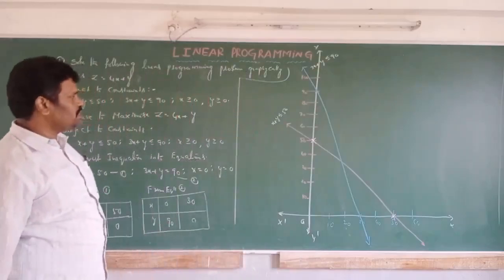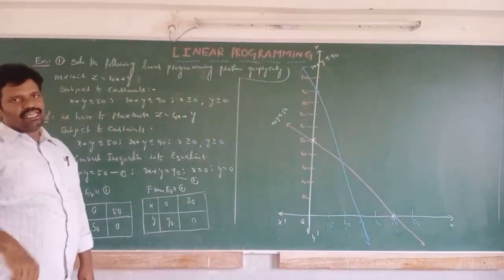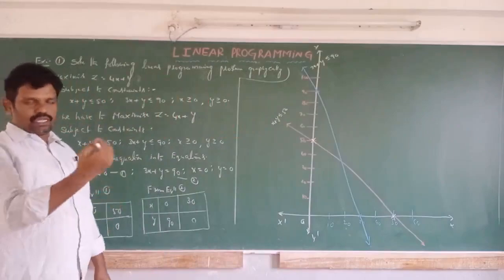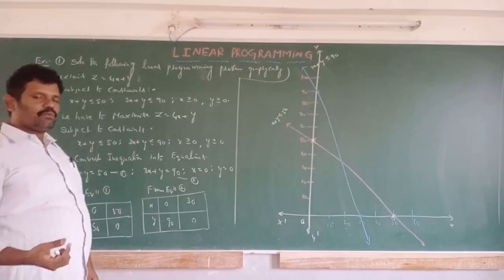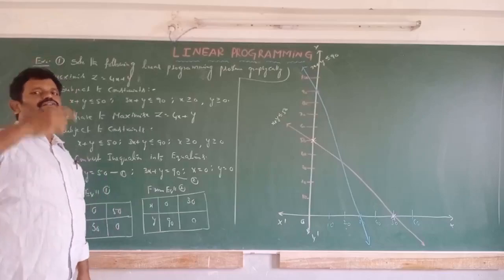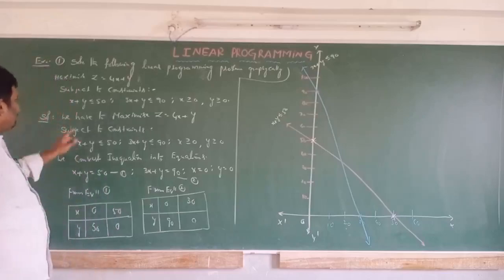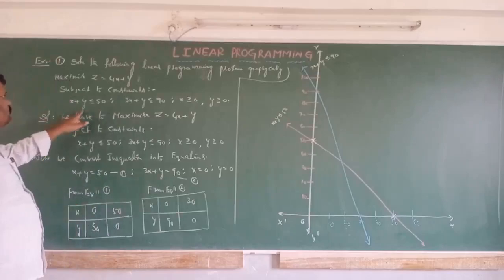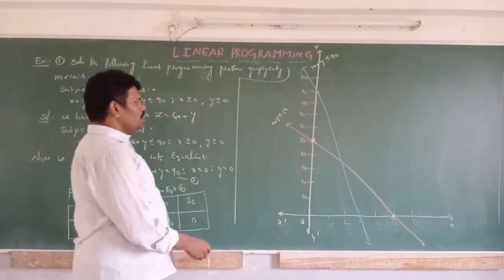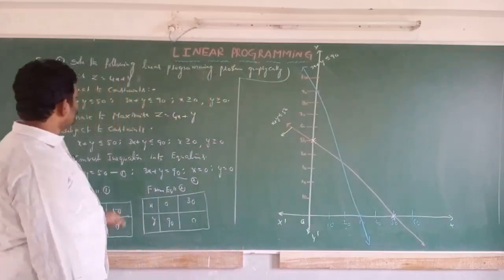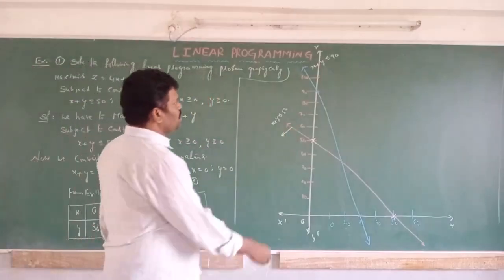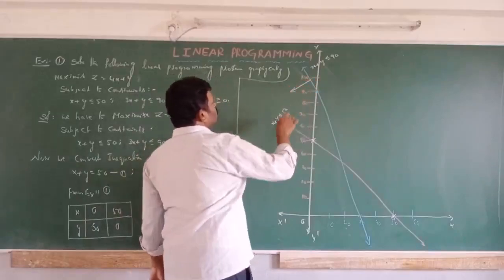Now if you want to shade this region, I already told you that for the inequality the shading is towards the origin if the origin satisfies it. The points away from the origin do not satisfy the inequality. Check the point: x plus y is 0, and 0 is less than or equal to 50. So we draw the shaded region towards the origin. And for the next one, 3x plus y less than or equal to 90, again we draw the shaded region towards the origin.